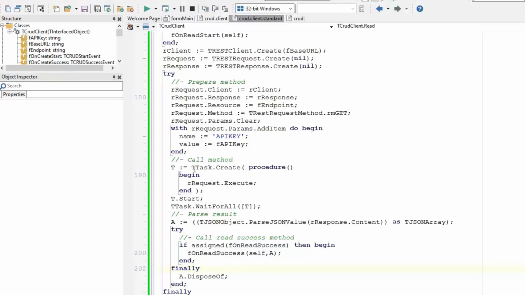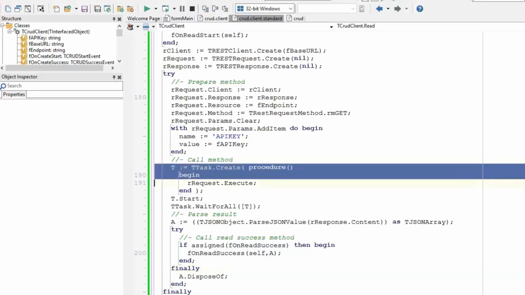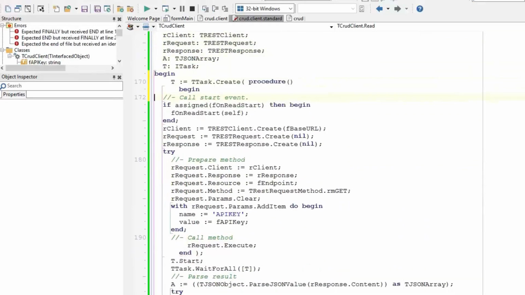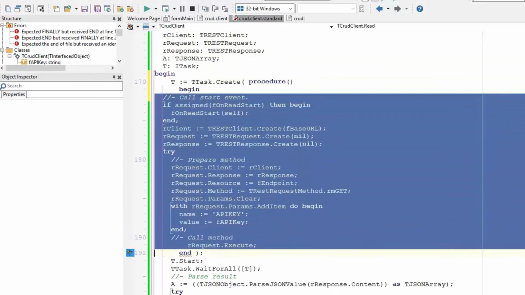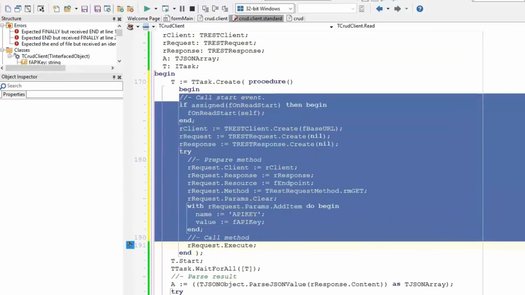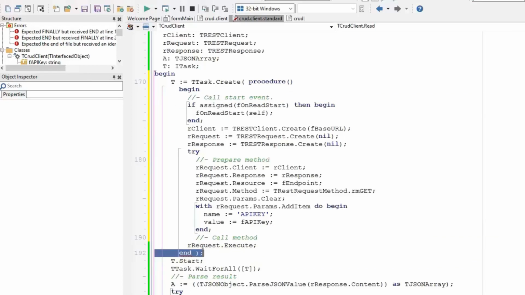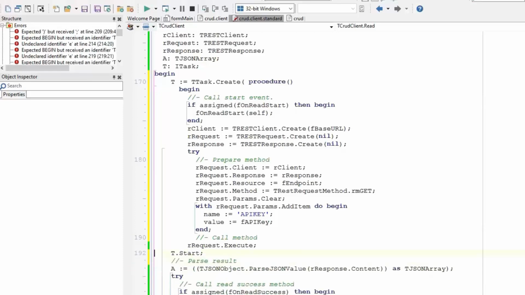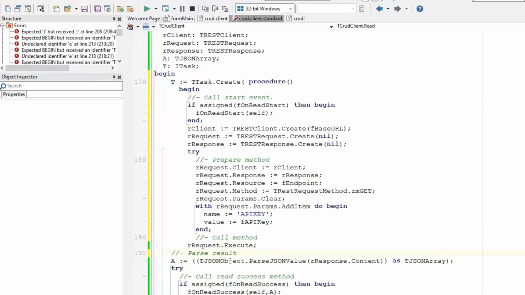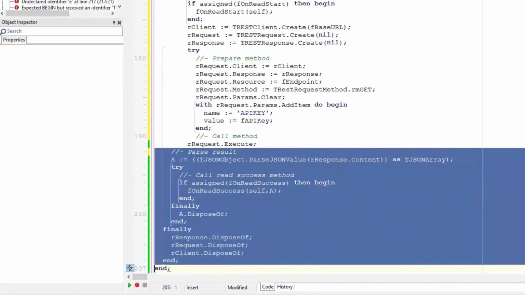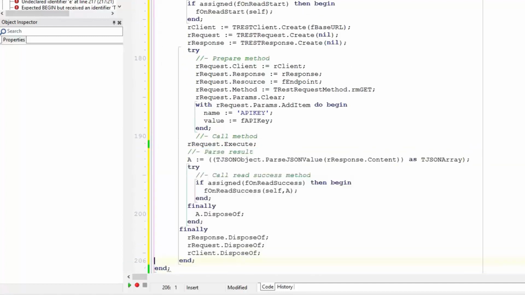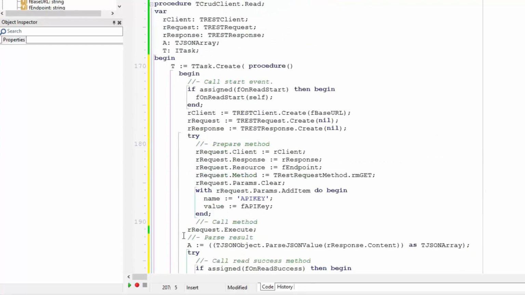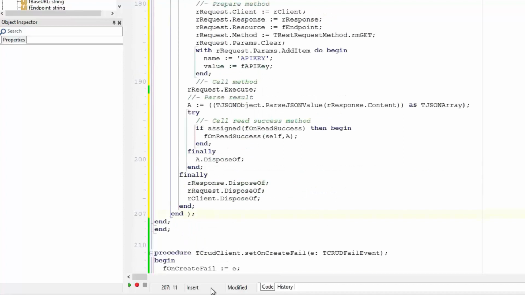Yeah, so okay, what we're going to do with this, I'm going to take the task that I'm creating and I'm going to put this up around the entire function, and we will tab this all in, and then the end of the task here, we don't need to wait for all, and I'm going to take the start out and we're going to put all of this, I'm going to tab in, and then this would be the end of our anonymous method, which I'll close out like this, and then we'll have,